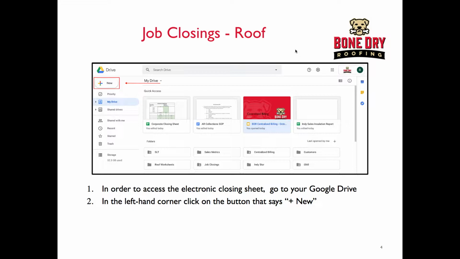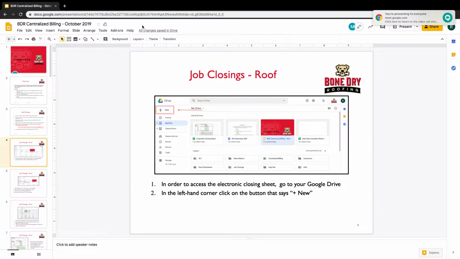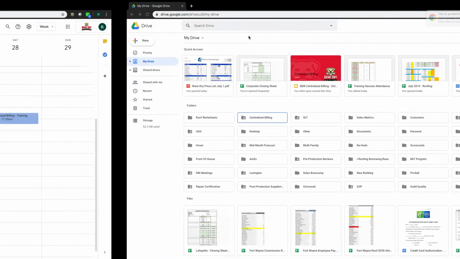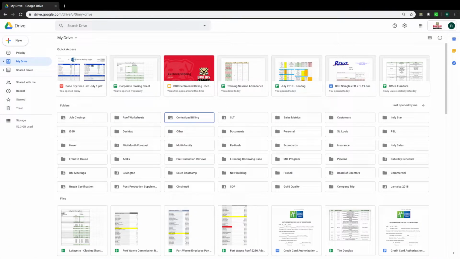What I'm going to do is exit this and go to my Google Drive. So when I do that, this is where you're going to start. You're always going to start with your Google Drive, and that's where you're going to be able to find this template. When the packet comes to you from the supervisor, from the repairman, whoever it may be, and you're ready to sit down and close it,